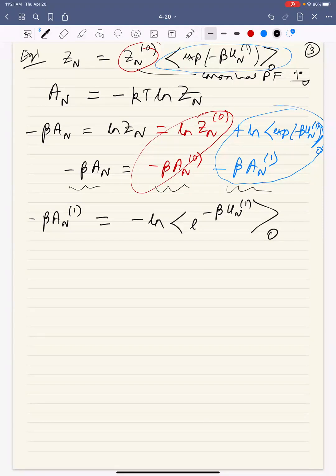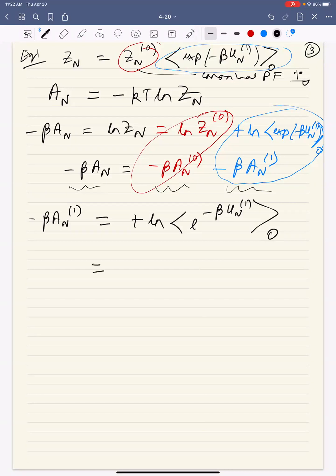Because the blue circle. So that's what we have to calculate. And we cannot just put ln inside the exponential. In fact, we are going to see why it matters. There is an inequality in math which I like a lot, known as Jensen's inequality. We are going to use a form of Jensen's inequality when we work at this, but let's stick with this. So we have this, and what we are going to do is to write this as, we want to